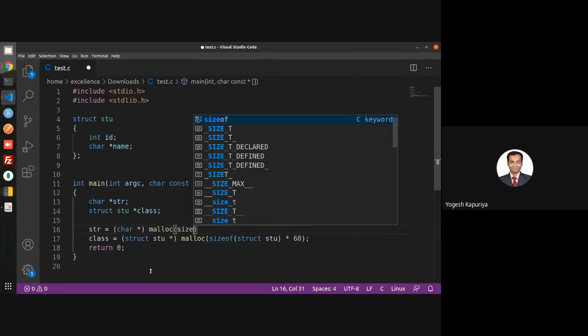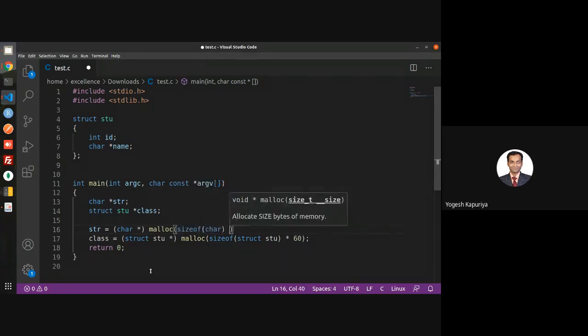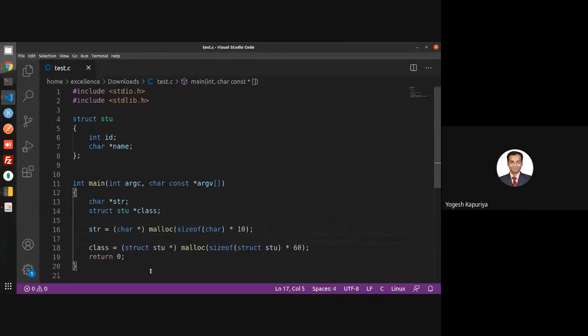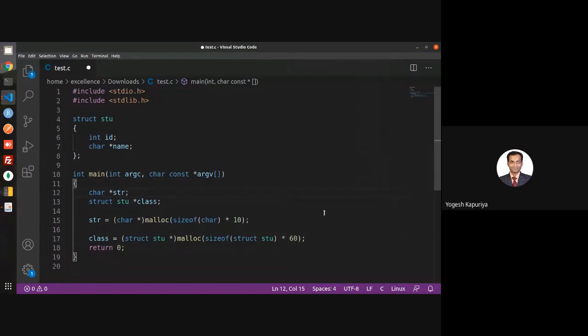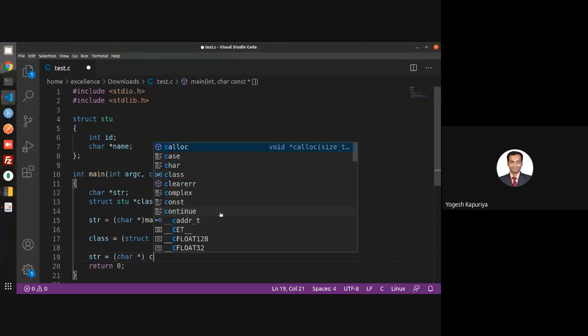Then I want sizeof, what is the size of a single character? Let us say you want a character array of 10, so that means the size of the string is 10. So what we will be doing is something like this. So I think this is the malloc function. The only difference between malloc and calloc is the syntax.